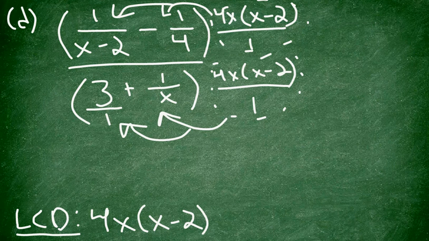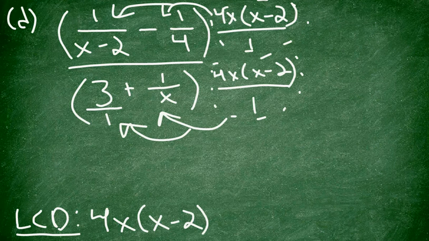So if that's a lot of words for you, which it probably is just the way I said it, hopefully that was clear. But if it's not, just go through and do all the multiplication separately and see how all of these things have something cancel except for this guy here, right? So my next phase of the problem, so we'll put 3 dots, so we're continuing this here, is again, that first fraction will have 4x left over,